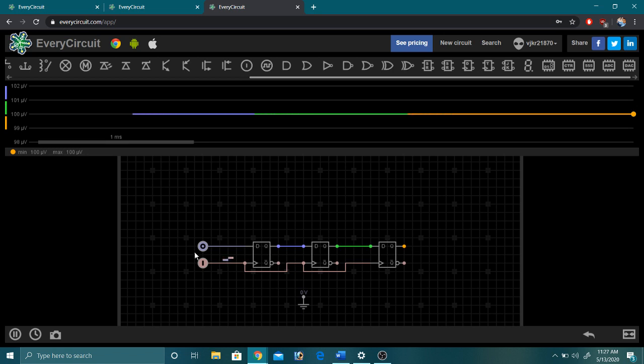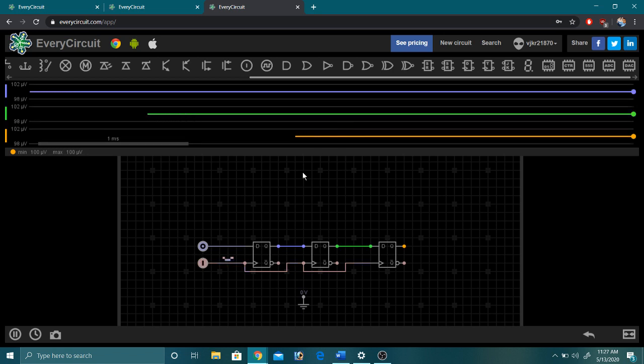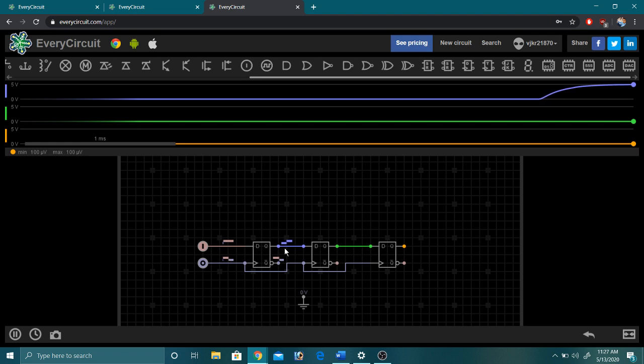So what we have is we are generating waveforms on the top of this page. We'll split the waveform. Sorry, all of these are on 0 volts. Once we give an input of 1, on the first clock, output of first flip-flop will rise to 1.